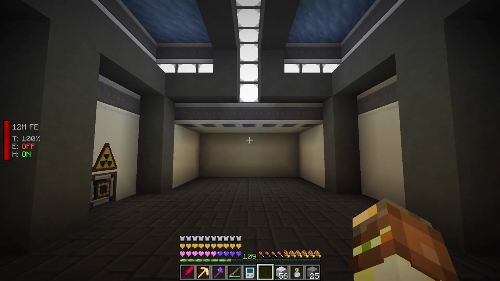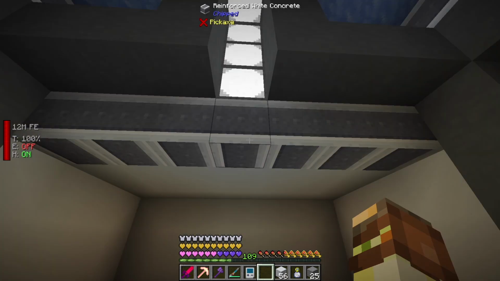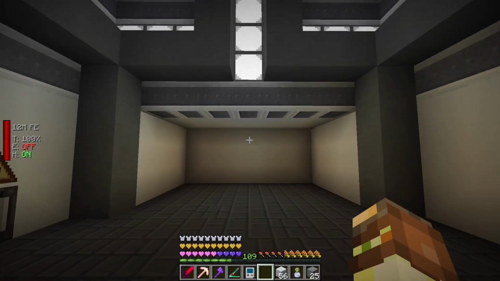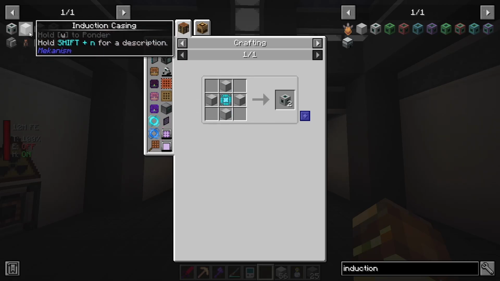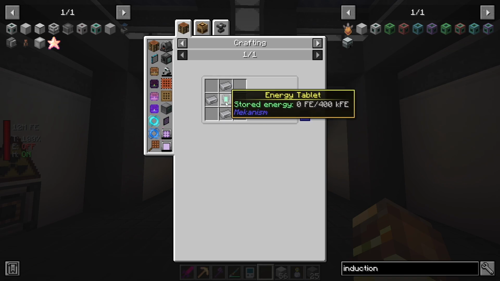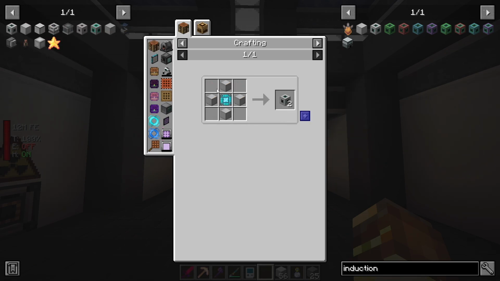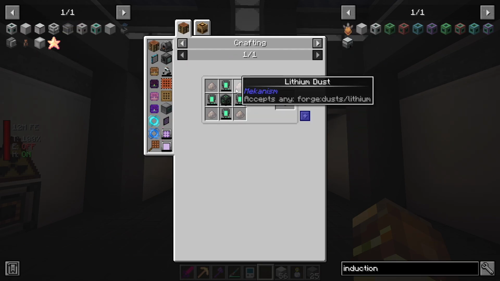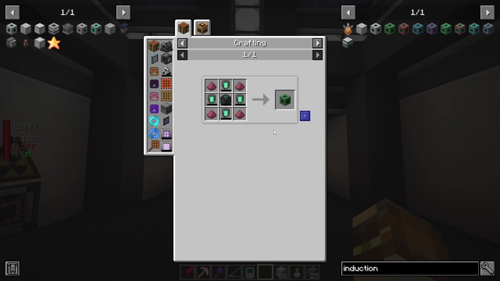But the last thing that I want to look at doing in this episode, and I know it's going to seem like a bit of a stretch, I do want to get ourselves an induction matrix set up. What we need to actually create this is some induction casings and induction ports. These are actually really easy. This is just some steel, some extra resources here, and just some of these controllers for the ports, which isn't a problem. The issue is when we start getting into the actual meat of this induction matrix,